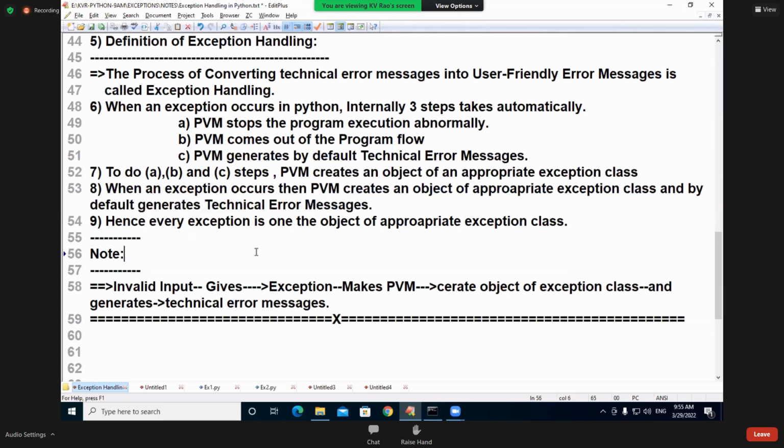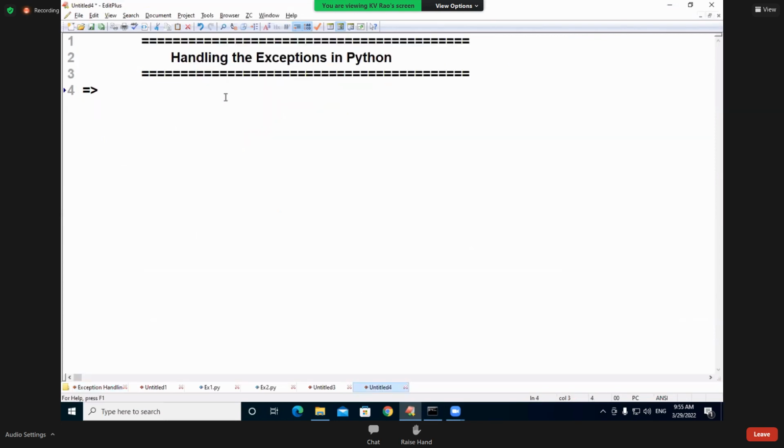Well, now come back to this area of discussion. I'm going to enter into this area. Handling the exceptions in Python is nothing but converting the technical error messages into... that is nothing but exception handling. So I'm writing the point back, very easy. Now I'm going to explain a very beautiful syntax. Handling the exceptions in Python is nothing but,